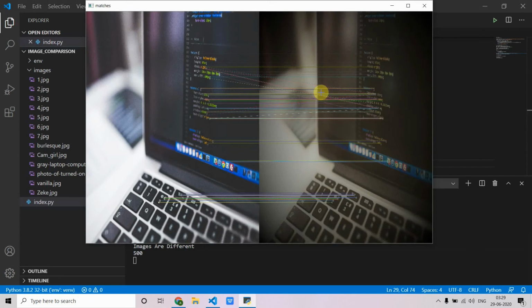There are fewer matches than the previous one, and it is more accurate to find the similarities between the images, so you can make a decision according to that whether the image is similar or not.